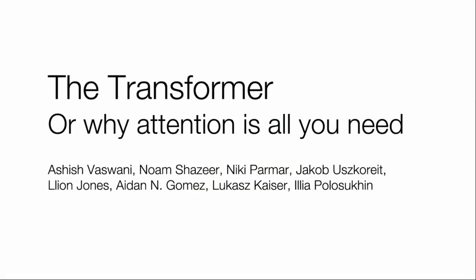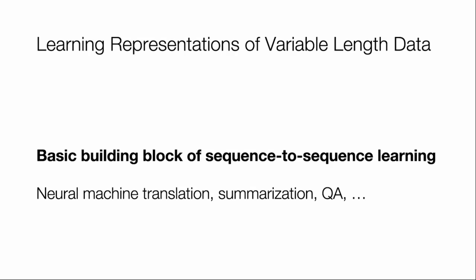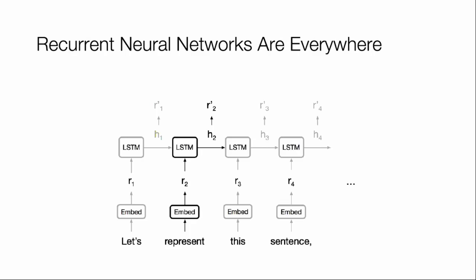Hi, today we're going to talk to you about the transformer, why attention is a very effective solution for sequence modeling. This is work done at Google Brain. So if you want to do sequence modeling, you need to learn representations of variable length data. This is important for tasks like machine translation, summarization, and even, for example, image generation. De facto, and a very successful solution has been using recurrent neural networks that compute representations sequentially in a linear chain, one position at a time.